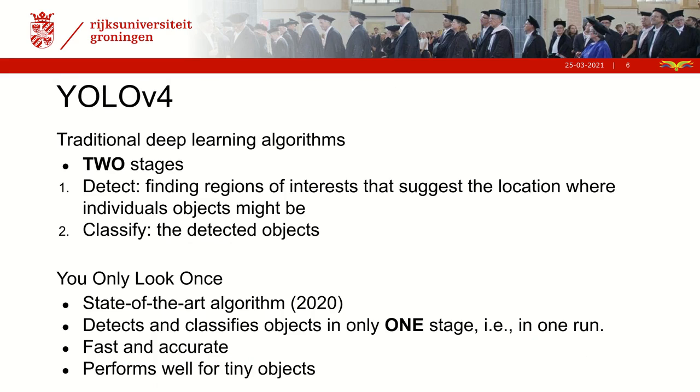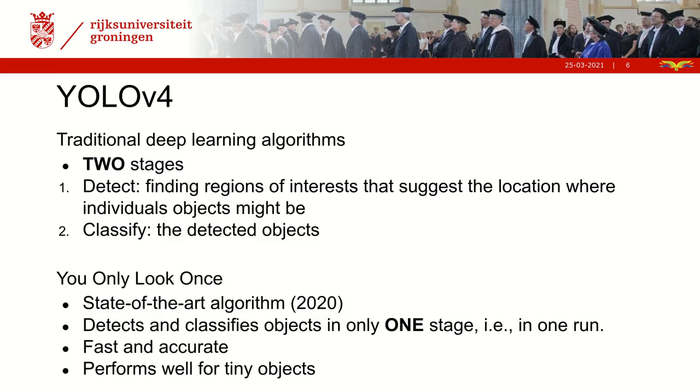In the traditional deep learning approach, each application, such as detection and classification, is considered as one individual stage. Most recently, in 2016, a new algorithm was developed to detect and classify objects by going through the entire image only once, namely in one stage. This algorithm is called YOLO, which stands for You Only Look Once. Its approach makes YOLO a powerful and a fast algorithm. Therefore, we decided to employ the fourth version of YOLO, published in 2020, and assess its performance on the fluorescence